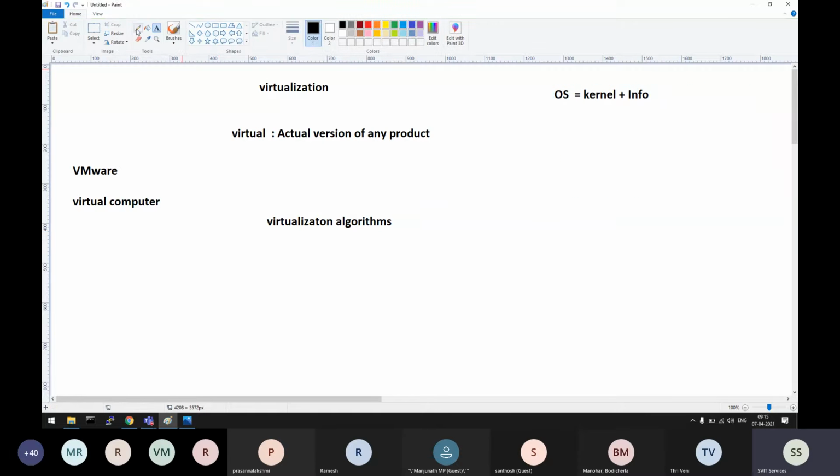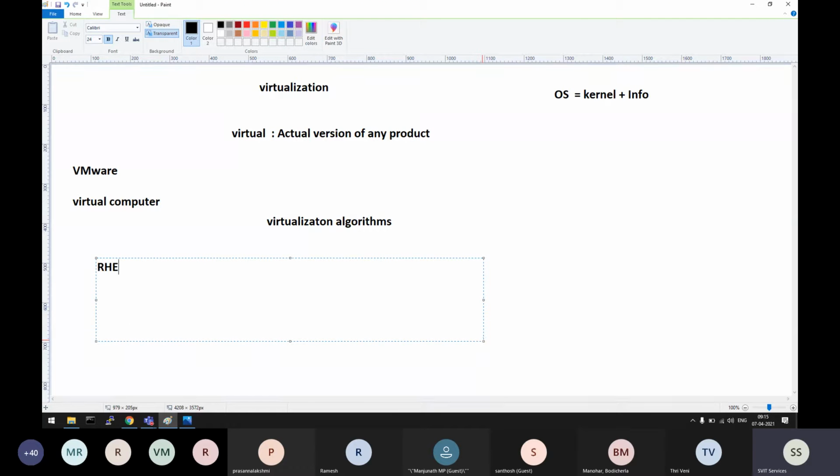What they did, right? They paid some amount, whatever they had in their pocket, to the Red Hat company. They copied the Red Hat Enterprise Linux kernel. It was already available, right? The Red Hat Linux kernel was already available in the market.